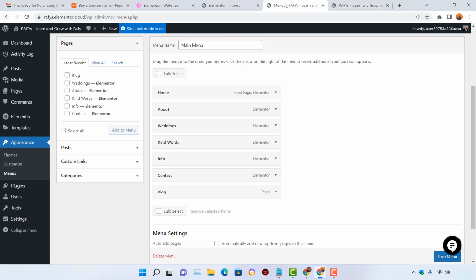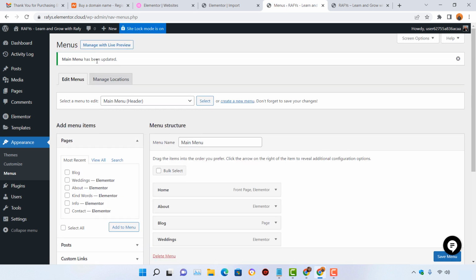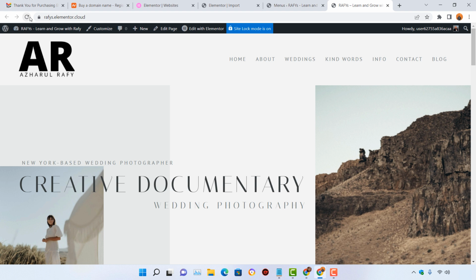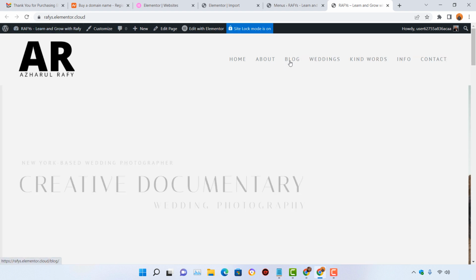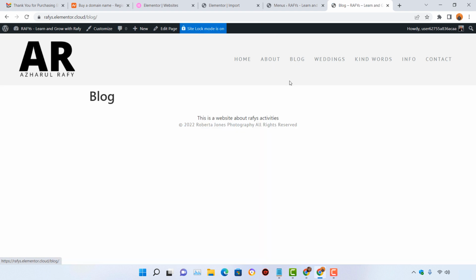So let's go back here on the menus. After that, we can simply drag this. Just take a look. I've dragged and dropped for contact. If you want, you can even put it after about. Depending on your need, you can simply customize these settings. So let's click on save menu. And here we go, menu saved. Now if I reload this page, we are going to see the blog page has been added here after the about. So if I click on blog, we are going to see the default things,